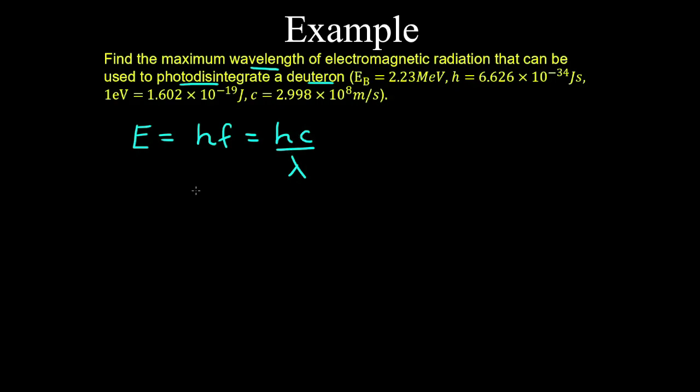And therefore, turning this equation around, we get the wavelength is equal to Planck's constant by the speed of light on the energy of the photon. So the minimum energy required to photodisintegrate the deuteron is the binding energy of the nucleus. And therefore the maximum wavelength